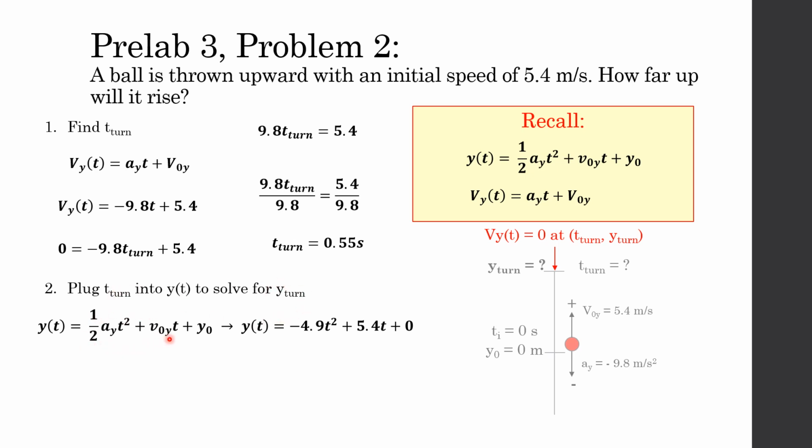So we're going to write out what our position equation is, because now we're looking for a position. Actually, that's what we were always looking for in problem 2, right? y turn. So y of t is equal to negative 4.9t squared plus 5.4t plus 0. Remember, the origin was 0, so this term's going to go away. So y turn is equal to y of t turn, right? That's the definition